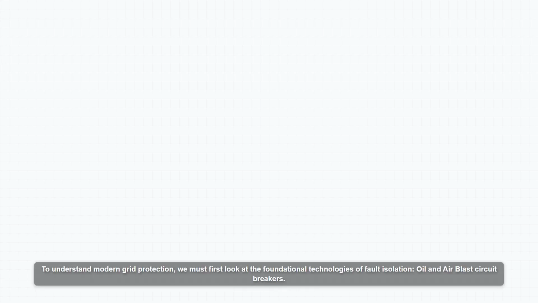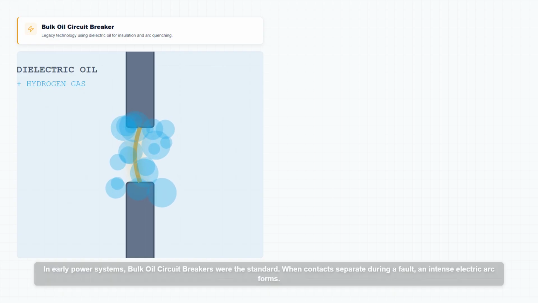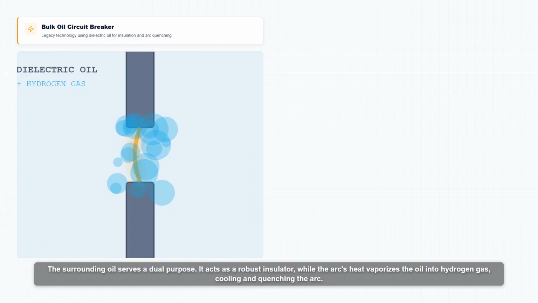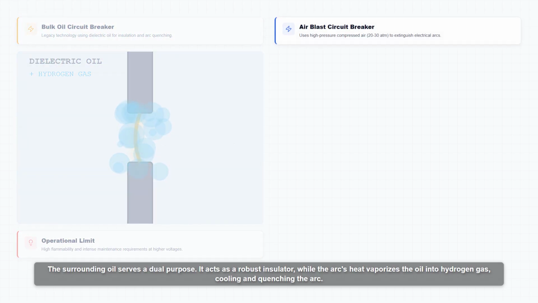To understand modern grid protection, we must first look at the foundational technologies of fault isolation, oil and air blast circuit breakers. In early power systems, bulk oil circuit breakers were the standard. When contacts separate during a fault, an intense electric arc forms. The surrounding oil serves a dual purpose. It acts as a robust insulator, while the arc's heat vaporizes the oil into hydrogen gas, cooling and quenching the